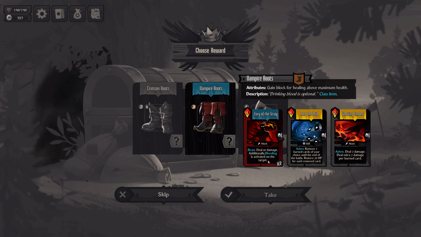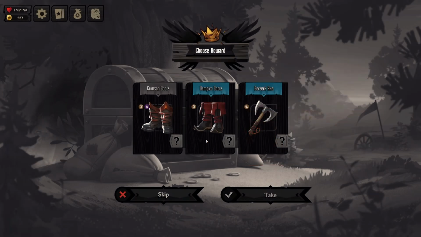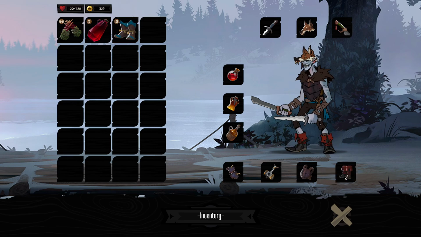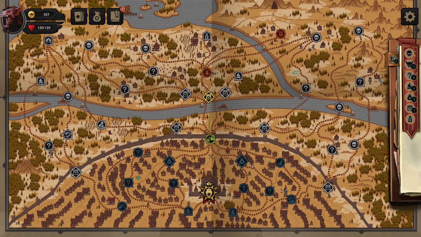Deal 10 damage additionally. Bleeding is activated on the target. Oh my god. Yeah, okay. I'm going to lose 20 hit points with this, and that kind of feels bad. But we'll try them out. Now, unfortunately, I won't be able to make...